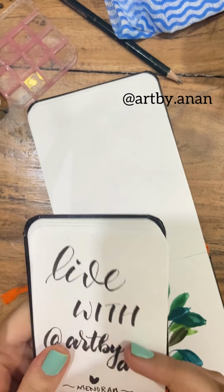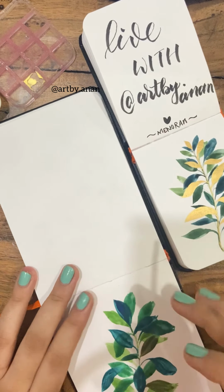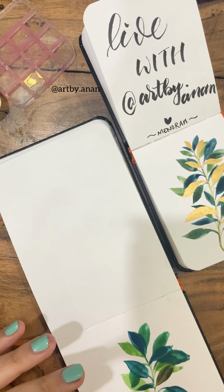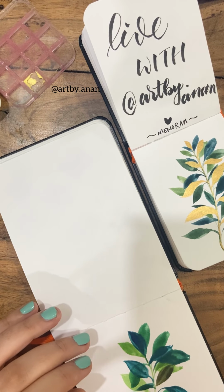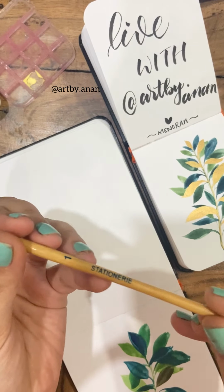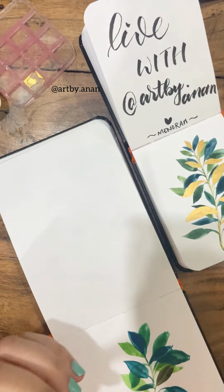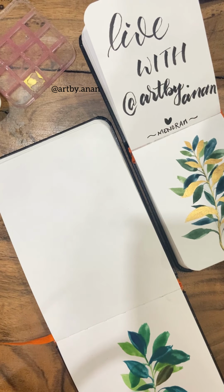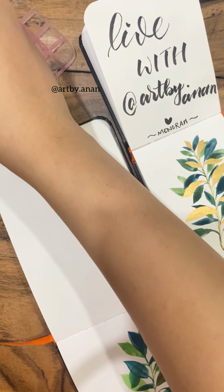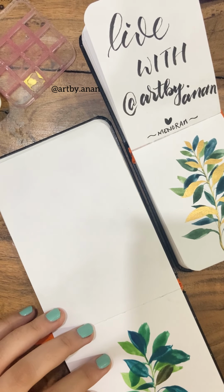Okay, then we'll just go ahead and I'll keep this on the side as a reference, and we'll try to make this again. For this, I would recommend you use something like a pointed round brush. This one is by STATIONERY, like so. And let's begin. First I'm going to take the lightest green that we have and simply